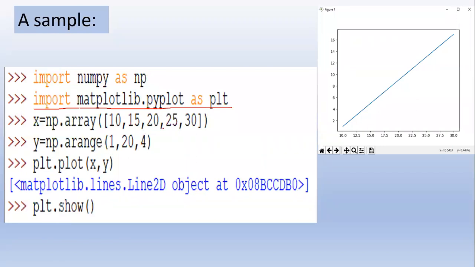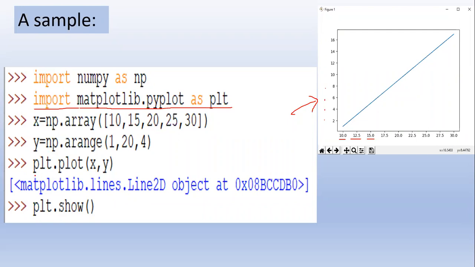If you see the x and y axis on this plot, matplotlib automatically provides equally distributed values like this: 10.0, 12.5, 15.0, here 2, 4, 6, 8. It automatically creates all these for you. You just have to provide the values.